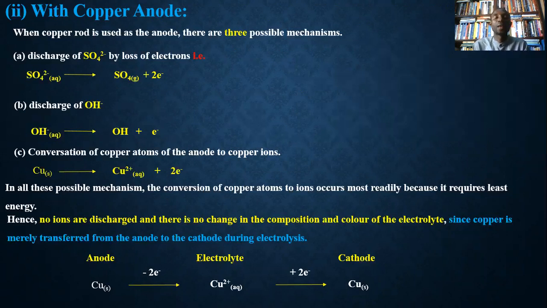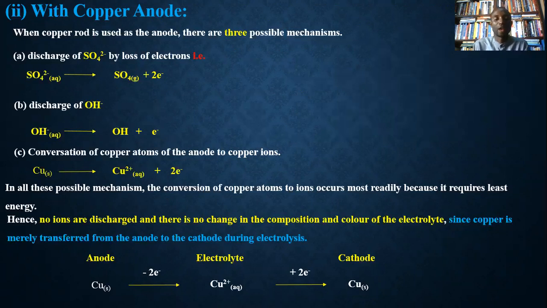Another possible mechanism is the discharge of OH-. When OH- gives up 1 electron, it becomes an OH group. Then another major point of concentration is the conversion of copper atoms of the anode to